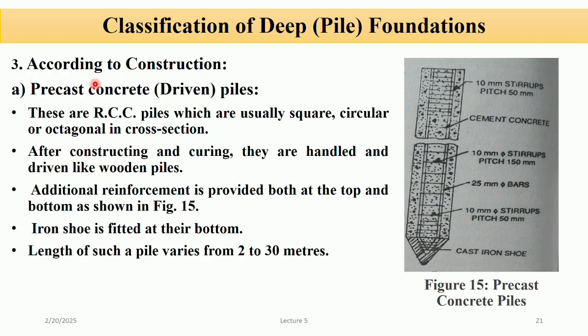Now let's discuss the types of deep foundation according to construction. The first one is precast concrete piles or driven piles. Precast concrete piles are prefabricated structural elements manufactured in controlled environments and then transported to the construction site for installation. These piles, which are generally square, circular, or octagonal in cross section, are provided with a cast iron shoe at the bottom to facilitate the sinking, and these piles are generally provided with a length of 2 to